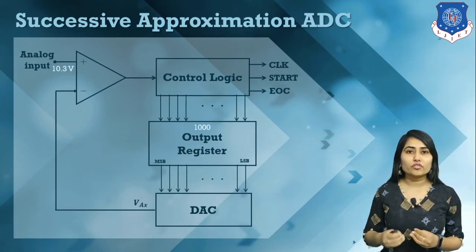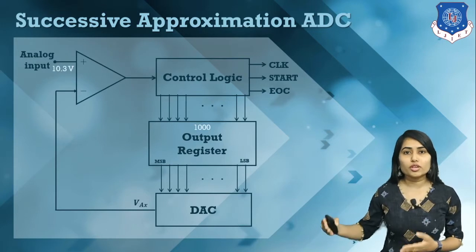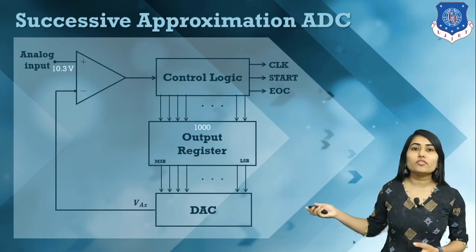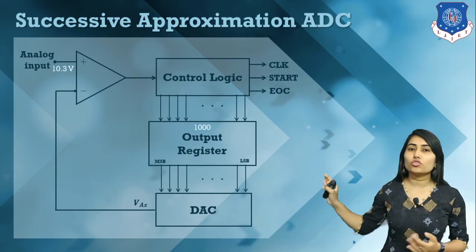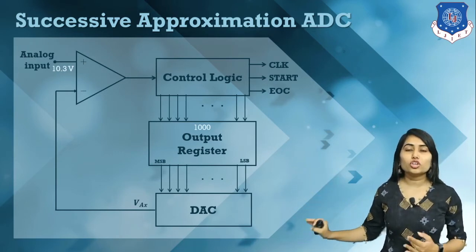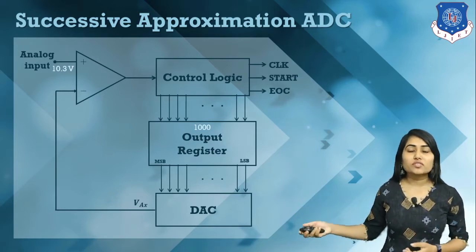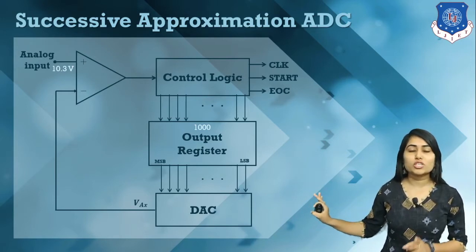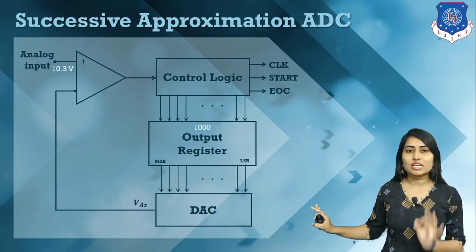Here we have 4 bits, so one by one we have to set a different bit to 1, and then we have to calculate. So this is our first pattern, and we get 1 0 0 0. For this, the analog input is greater than our digital to analog converter output, so we generate this binary pattern. Next we have to generate for the second bit. This result is generated here, which means the first MSB must be 1 in our result.